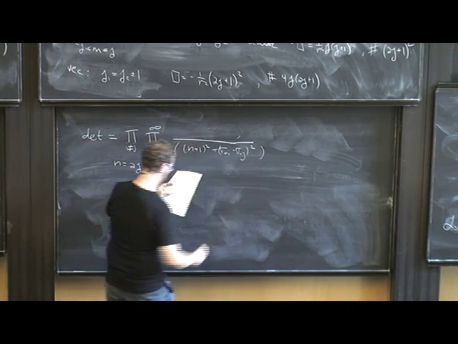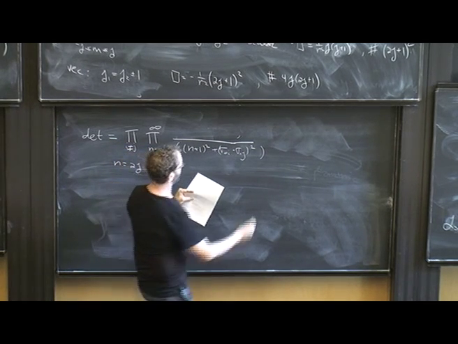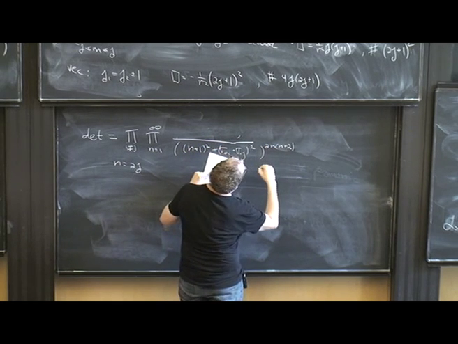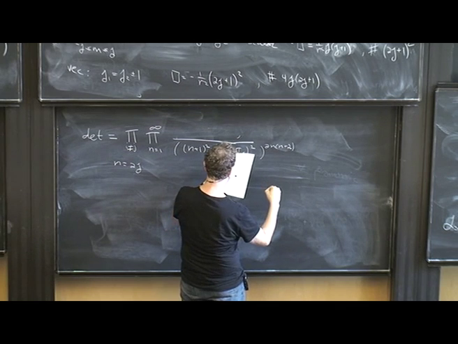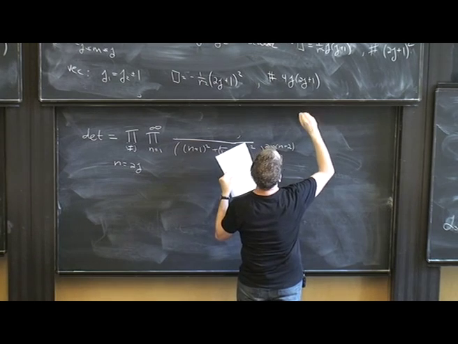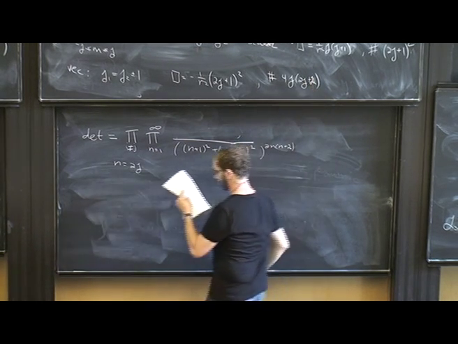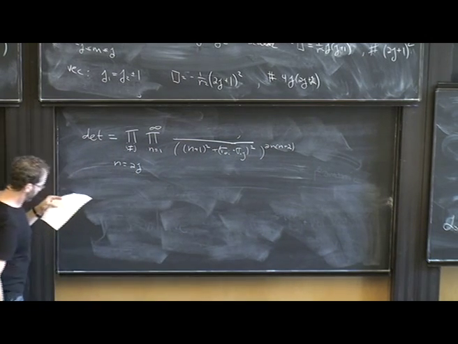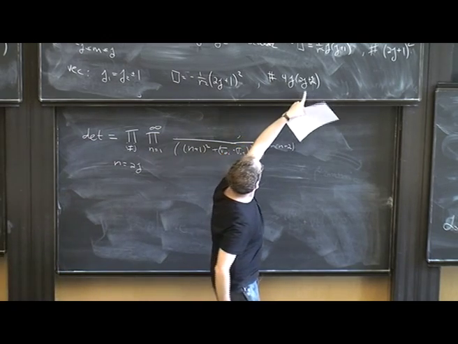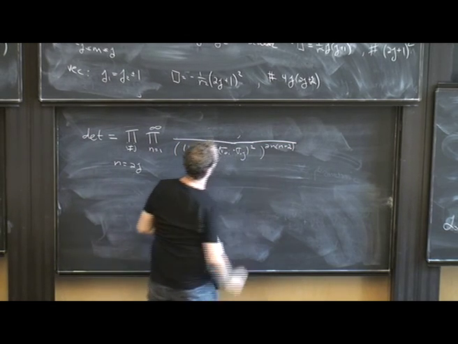And I have a bunch of them: I have a 2n times n plus 2. That's the multiplicity of